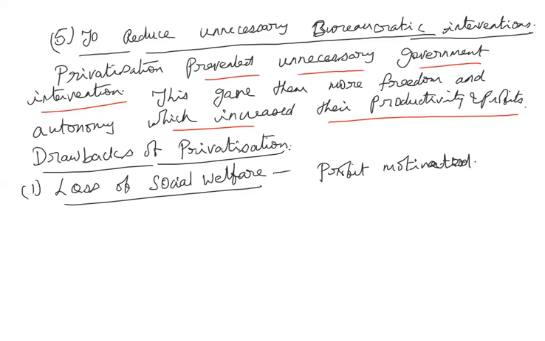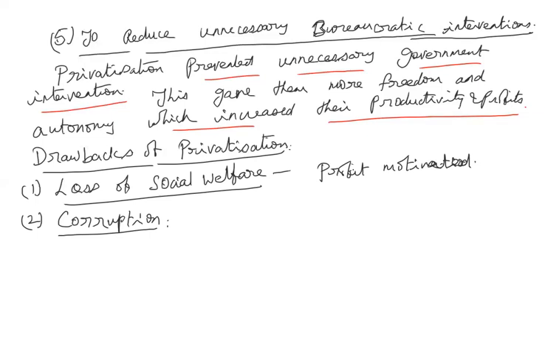Okay. So that means what? They will produce only those kinds of commodities and involve themselves in only those kinds of services which increase their own profit. So the welfare of the general public is neglected. Then the second one is corruption. It is not that the private sector is corruption free. Even though the private sector is invited by the government to supplement the efforts of the government, the private sector was always regulated by the government. So there were also too many conditions and restrictions imposed on the private sector. They have to follow the rules and regulations of the government.